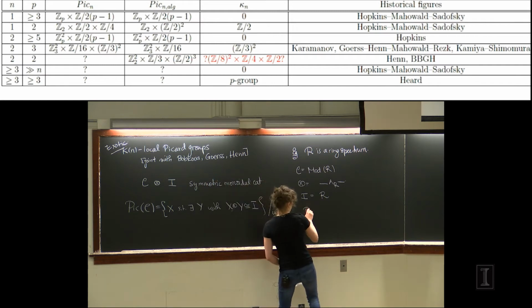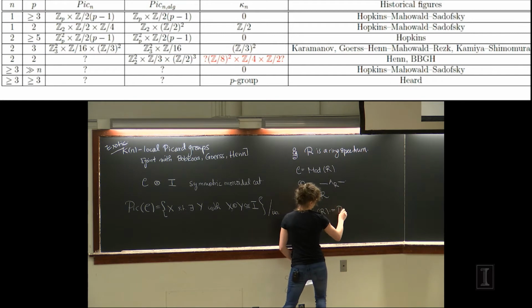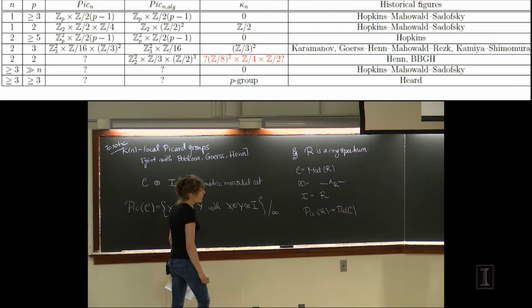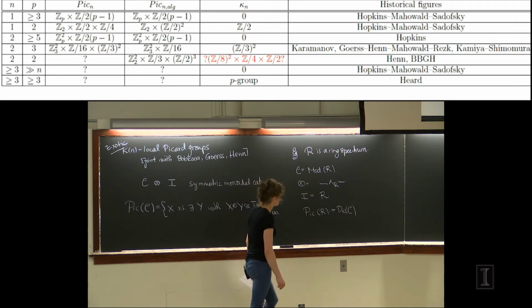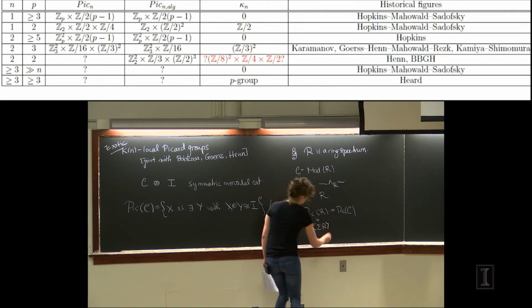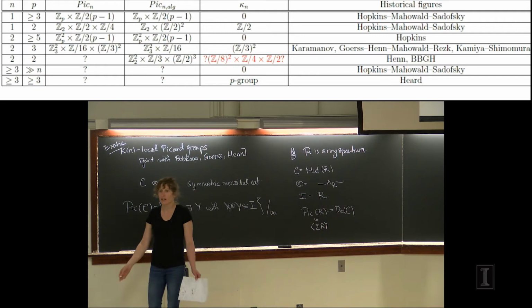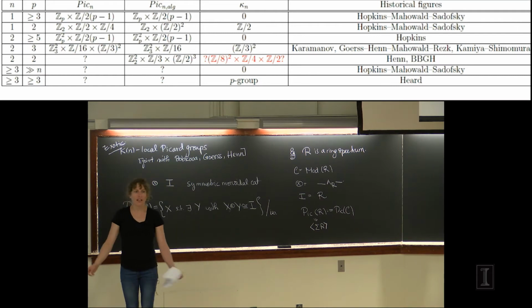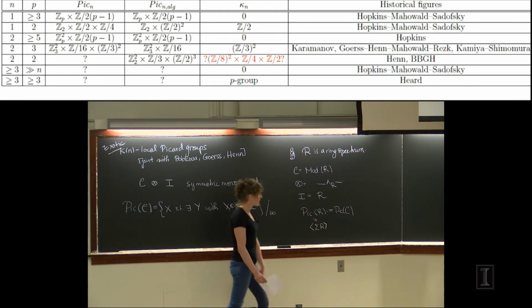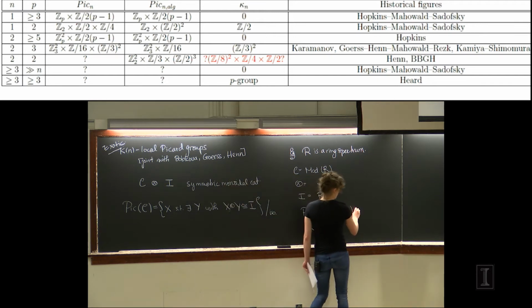And in this case, I'll write Pic R for Pic C. This example will come back. Now, this Picard group always contains some cyclic group generated by the suspension of R. The cyclic group may not be Z. It may be torsion. It may be Z mod something if R is periodic. But it always contains a cyclic part.